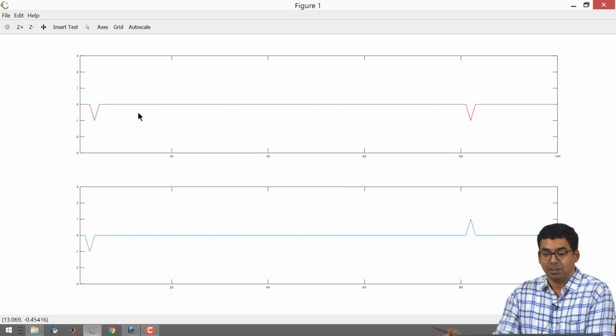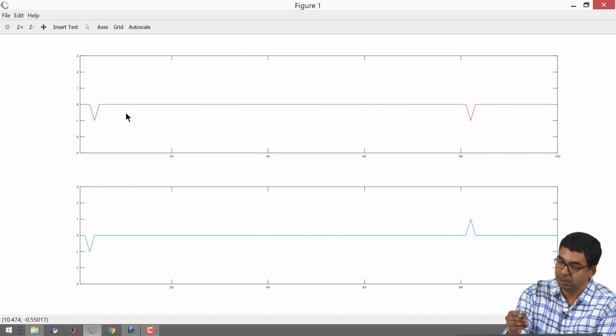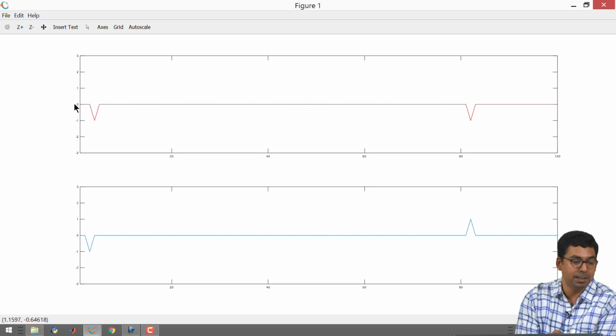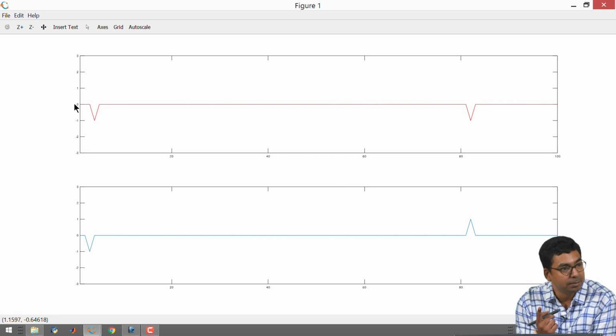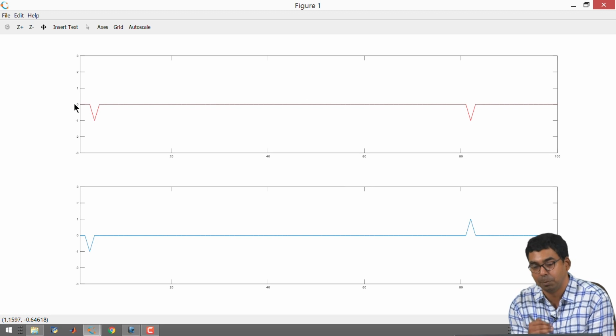Okay. So, let me reduce the amount of time to prevent that from happening, but let us also keep track of what happened. The impulse went to the left side, it didn't flip. Okay, that means your gamma was plus 1. All right, that means on the left hand side your RL was very much greater than RC, or you can say that on the left hand side you had an open circuit condition according to the way we have programmed.